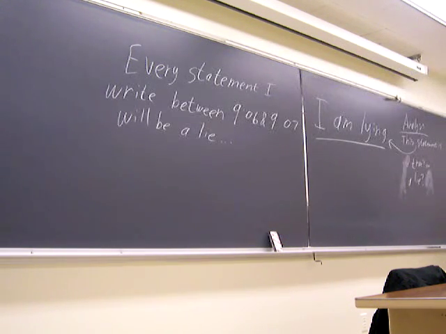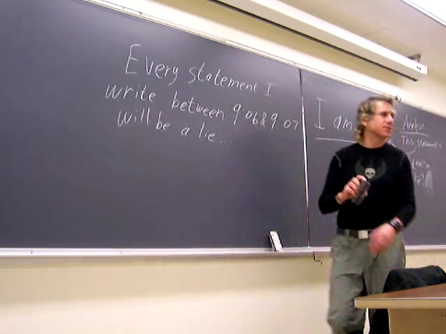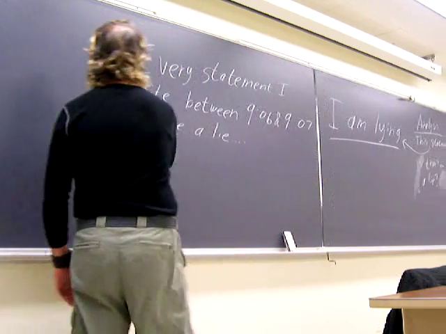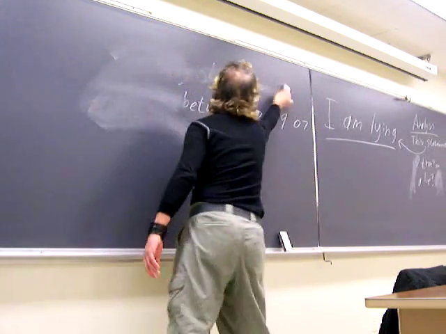And this is a form of something called diagonalization, or sometimes Cantor diagonalization. It was developed by a mathematician named Georg Cantor to study certain paradoxes in set theory. And it's very similar to what happens when you try to construct a halting problem solution. I'm going to give you some other examples that will make a little clearer what's going on here. But it's all basically this I-am-lying paradox. This was used in an old Star Trek episode to overpower some androids that had taken over the ship, by the way.